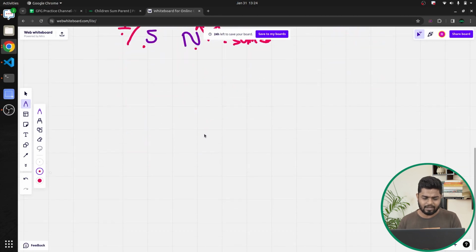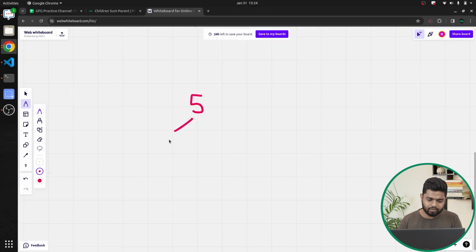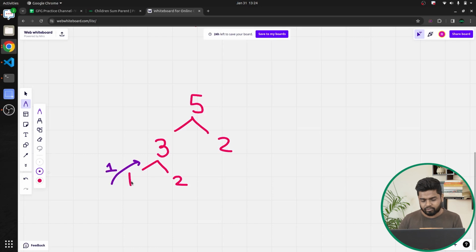Let's take one more example. Suppose we had 5 here, and then suppose we had 3 here, and 2 here, and with respect to 3, let's say we had 1 here and 2 here. So if we had this particular data, then from here we would have returned 1, because 1 is a leaf node,